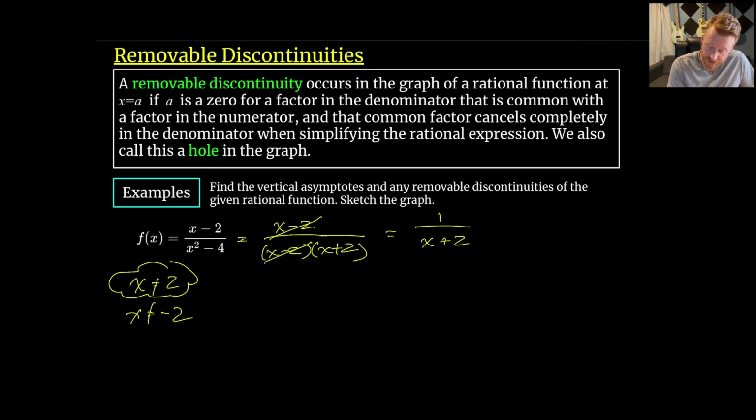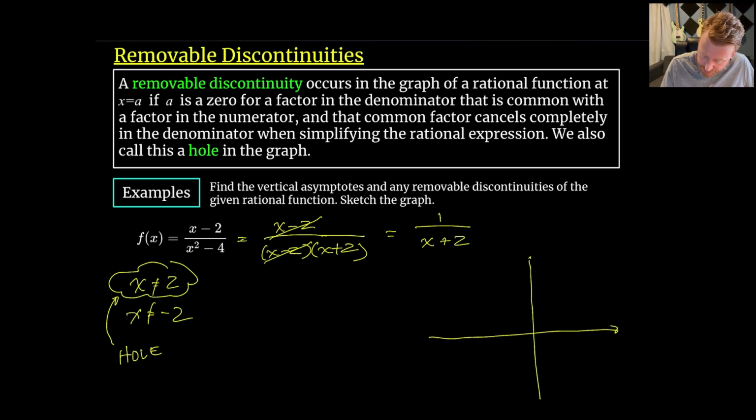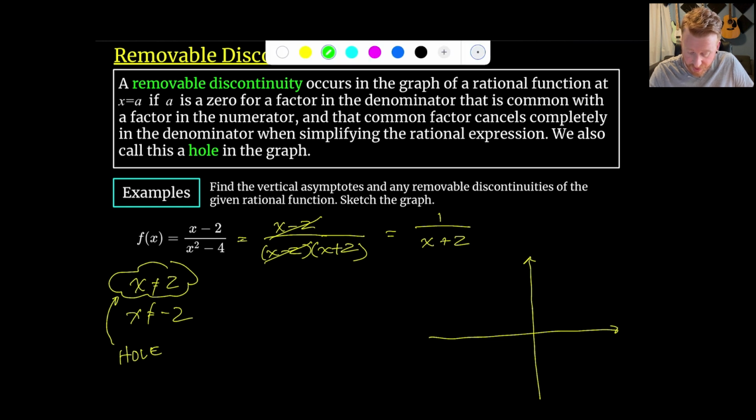So what we can see here is that there is a hole in the graph. Whoops, that's not how you spell hole. There's a hole in the graph where this removable discontinuity is. It is, in essence, kind of disappeared in a sense. It has been removed from the graph. I've seen some different explanations for why we call them removable discontinuities. But if I want to graph this thing, it's going to look very much like the graph of 1 over